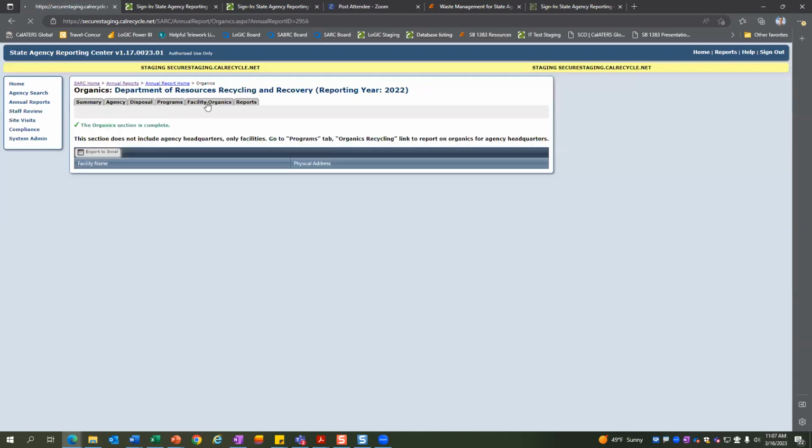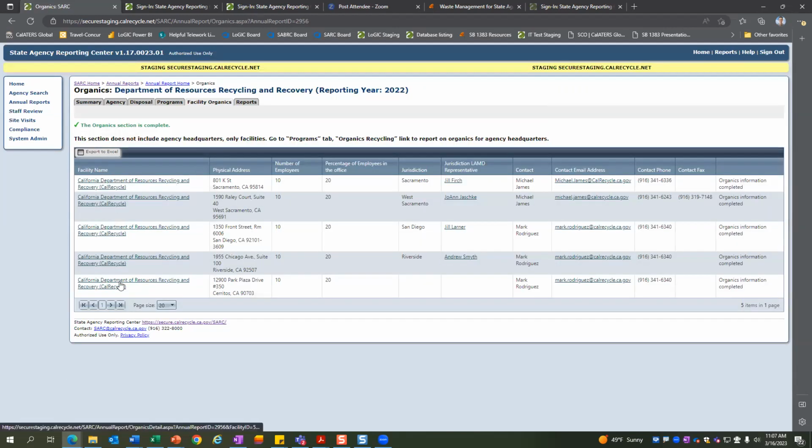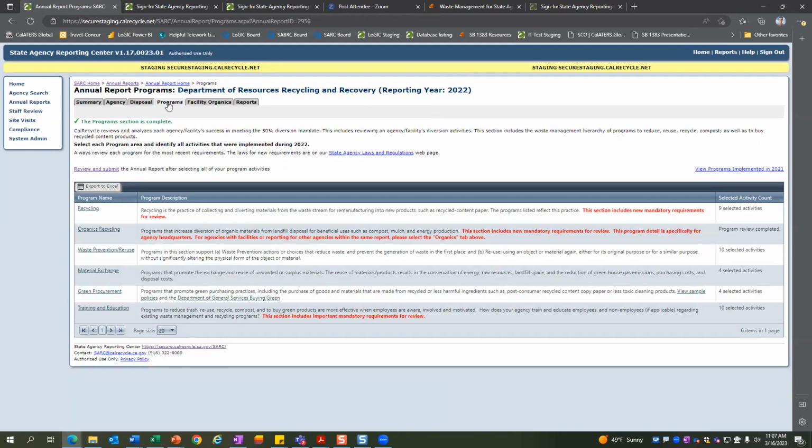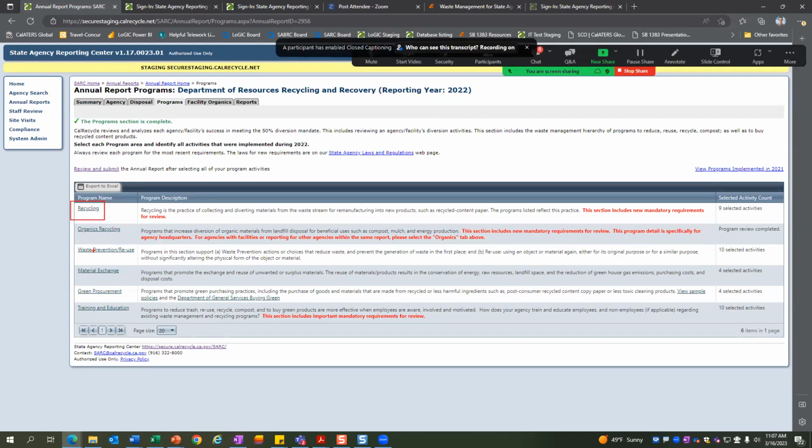And yes, all facilities need to report on organics specifically, information and how that's managed. But as far as recycling and disposal, in this program section, in recycling, waste prevention, material exchange, green procurement, training, education, you lump all that together for headquarters and facilities, for what your state agency program is, all of your facilities and headquarters.